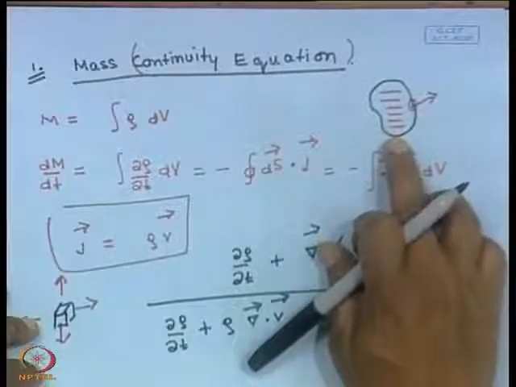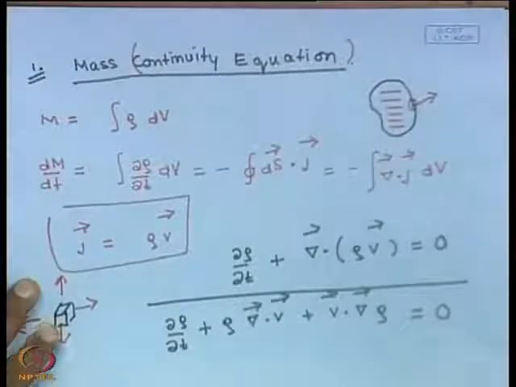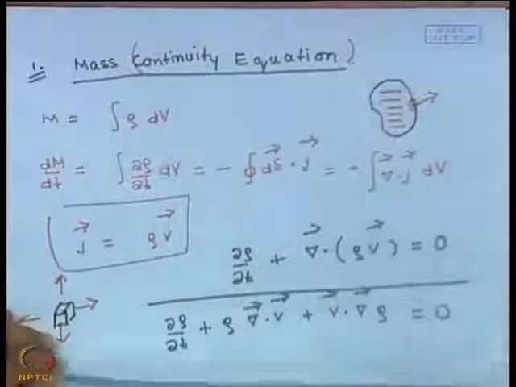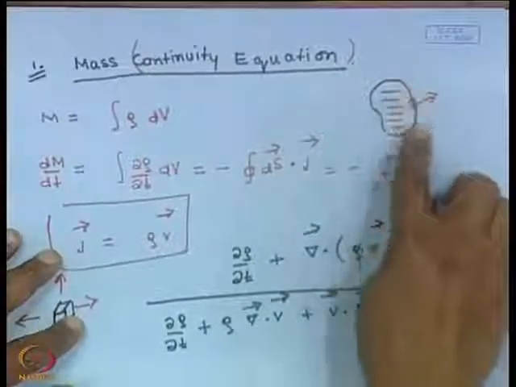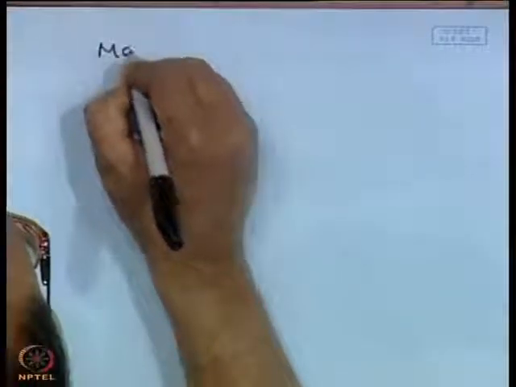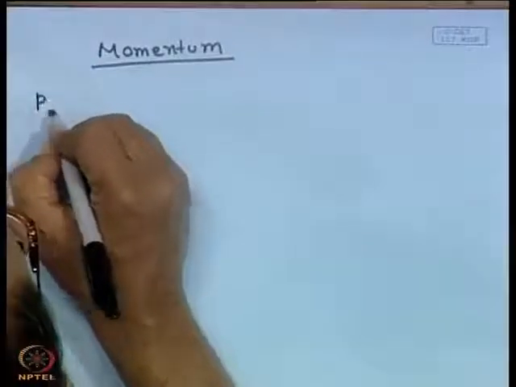Let us write down the momentum inside this volume, okay, total momentum. So, for simplicity, we will write down only the x component first, and then we can generalize it to all the components. Okay. So, let us take the x component of the momentum. So, the total momentum inside, momentum is mass into the velocity. I have to integrate mass into velocity. So, this is the momentum equation. And I am interested in the x component of the momentum,